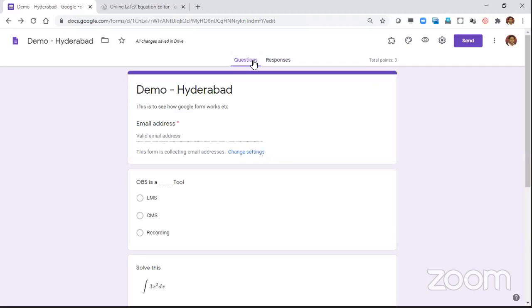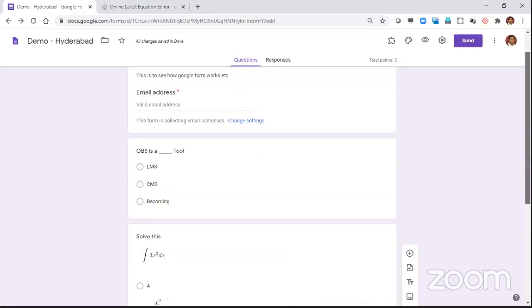So someone was asking about this time. So can we put some time? So we just mentioned that there could be an add-on. So let me just show you how to have a time limiter here. Okay. So I want to give this test only for a day. You want to keep it open for a day or 1 hour or anything of your choice. So now my question paper is ready. I mean my test is ready.